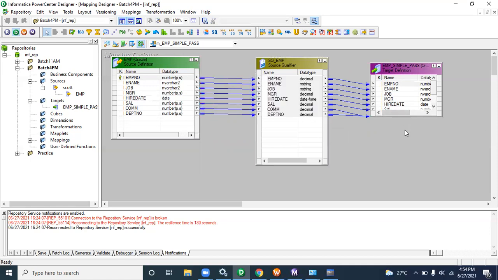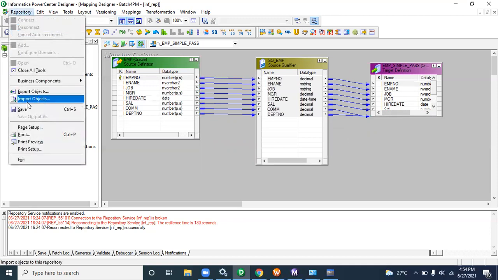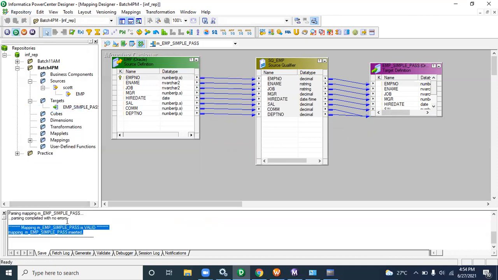Just do Control S, or you can go to Repository and click Save. And here at the bottom, I have highlighted, you can see the mapping is valid. You can see the mapping is valid. If it is not valid, here